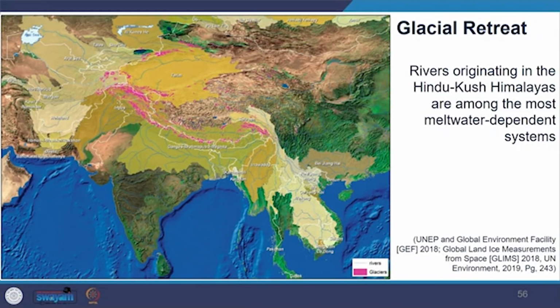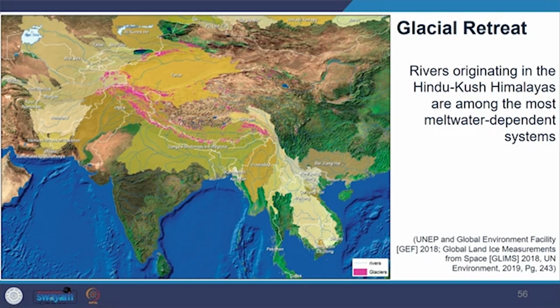So that's also happening. Now looking at the problem of glacial retreat. We're going to look at what glacial retreat is. Because of climate change, there is an impact on the availability of water in regions around the world, in particular areas which are dependent on the melted water of the glacier. A lot of our area is dependent on glacial water. For example, Hindu Kush Himalayas, as you can see in the image here, this region is largely dependent on the